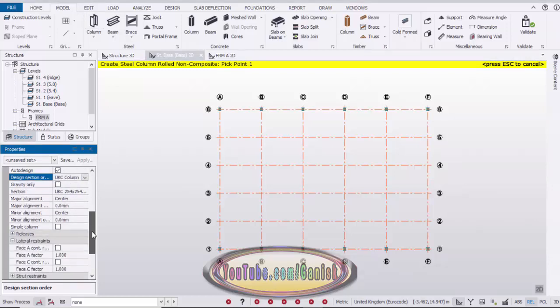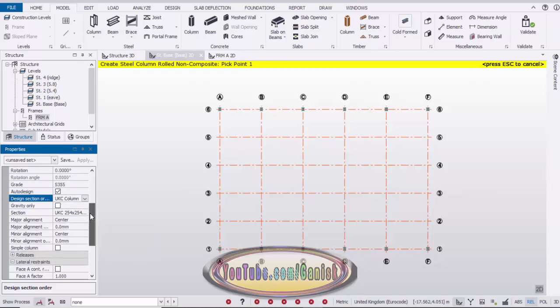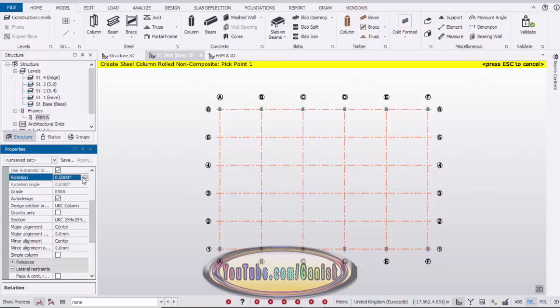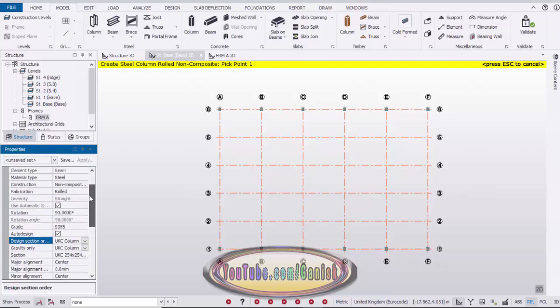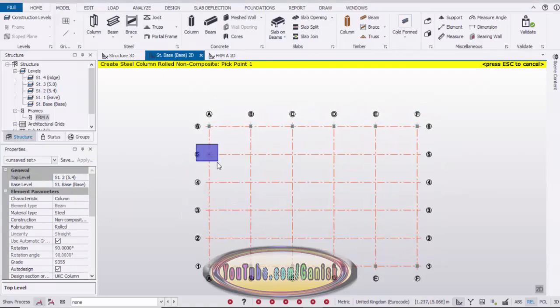And now we're going to take interior column and we're going to change the angle also 90 degrees. So rotation, select the 90 degrees and then change the top level up to 5.4 and drag and select here and add here. Then click on escape.